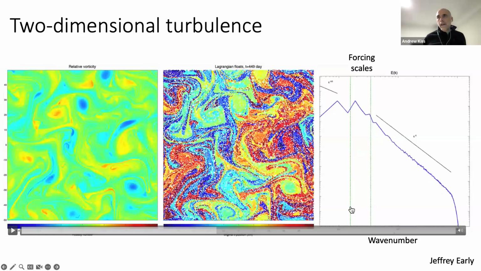And the one on the right is what's called a wave number spectrum. Okay, so the wave number is the inverse length scale of this circulation. Okay, so it's the inverse of the wavelength, if you like. So if you take a Fourier spectrum of this, it looks like this right-hand picture. So this far right end here is the fine scales, and the far left end is the coarse scales. And this is a simulation where there is forcing added in these intermediate scales. And what ends up happening,